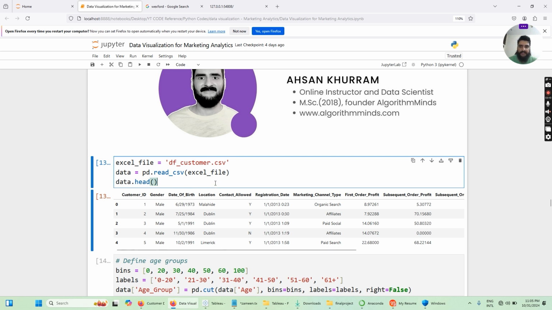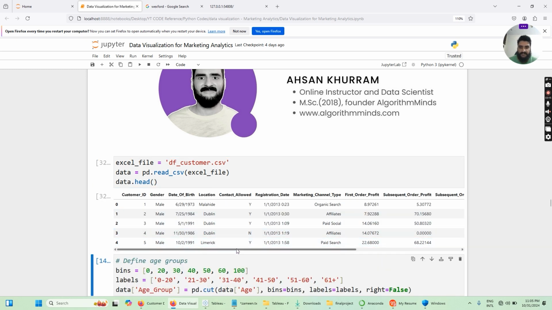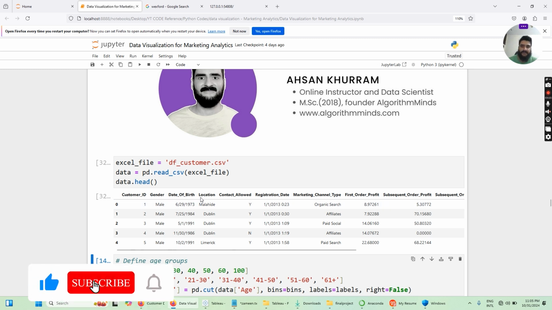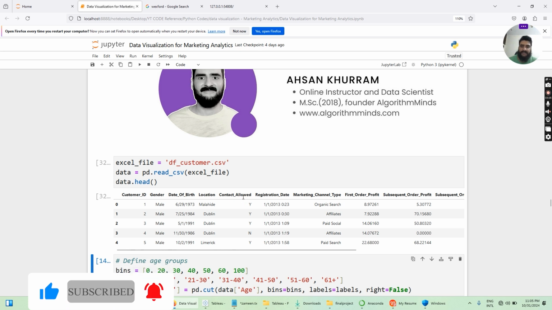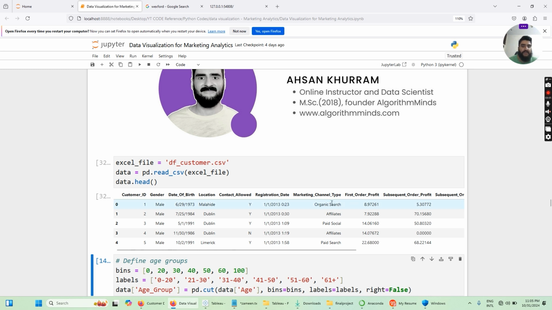Once I have imported the data, let's visualize the first few rows of our data set and discuss what that data set represents. So we have the customer ID column, we have gender, whether the customer is male or female, we have date of birth, we have location, whether contact is allowed or not, we have registration date, then we have marketing channel type. This column represents by what kind of marketing channel that specific customer was acquired, whether the customer was acquired through organic search, through affiliate marketing, paid social